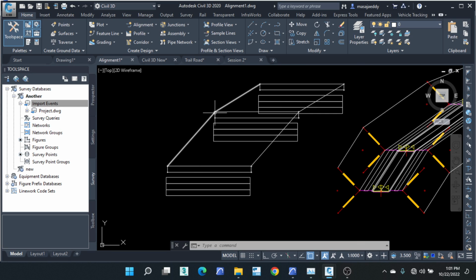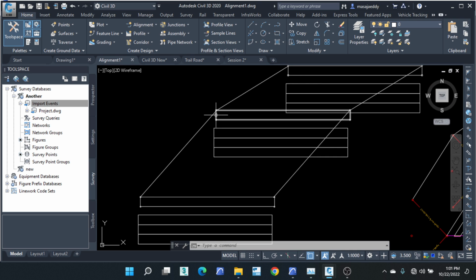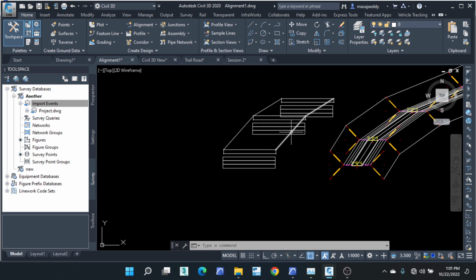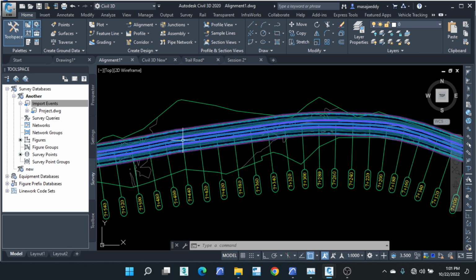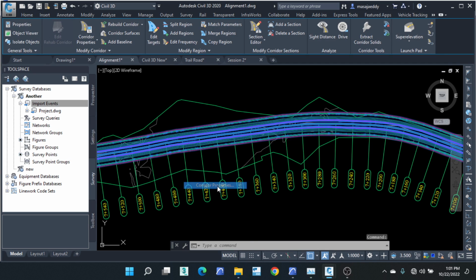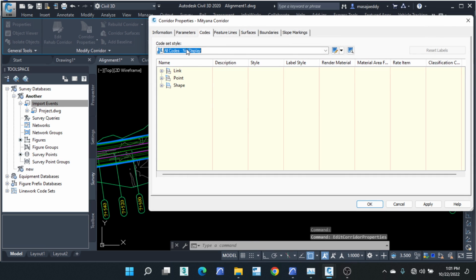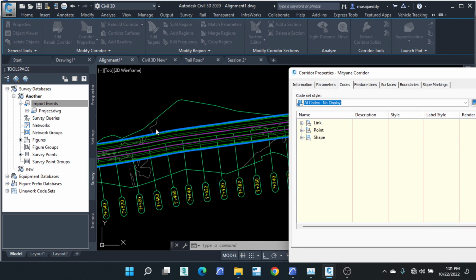If I'm changing the plan view, what I'm seeing from above, I'm changing what they call the area fill. This is the point I'm changing, but it's affected by links. So I'm going to do that on just one link, and then we see how it is going to affect our styles. I'm going to highlight the corridor, right click, come to my corridor properties. Then I'm going to go to the code set I'm going to be using. One is for display, no display, because it allows me to remove those